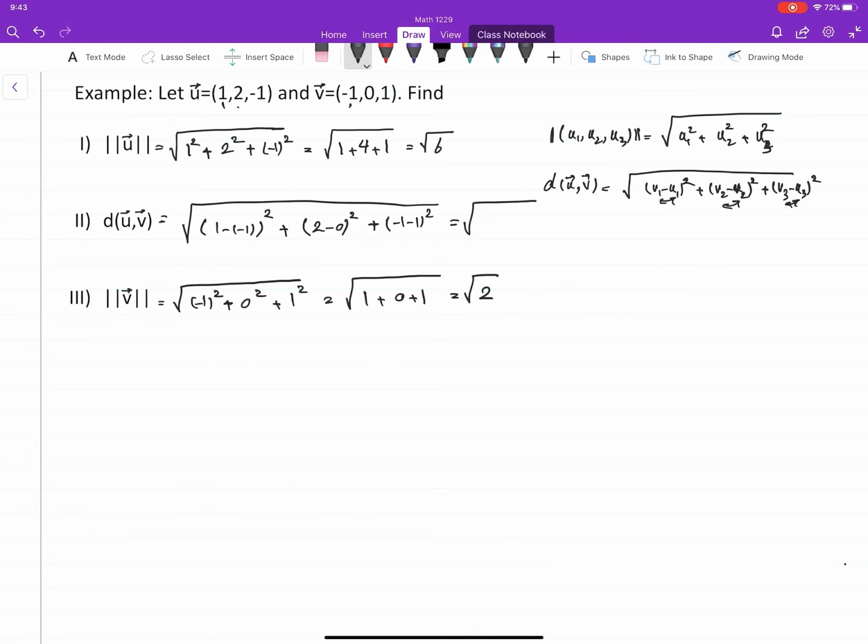That will give you 1 minus -1 is 2. 2 squared is 4, plus 2 minus 0 is 2, squared is 4. And then -1 minus 1 is -2, and the square of -2 is another 4. That gives us root